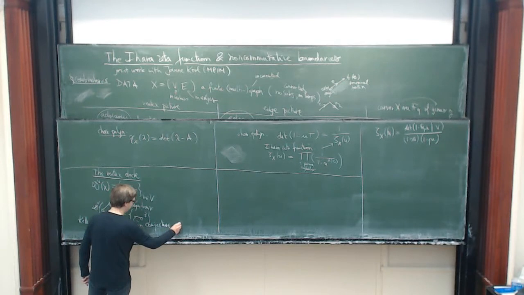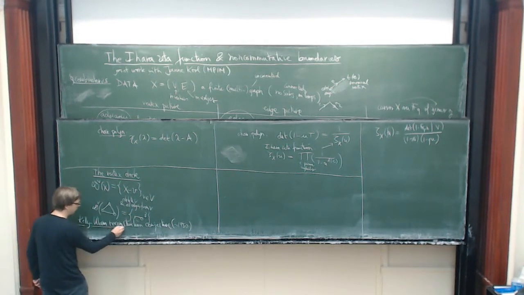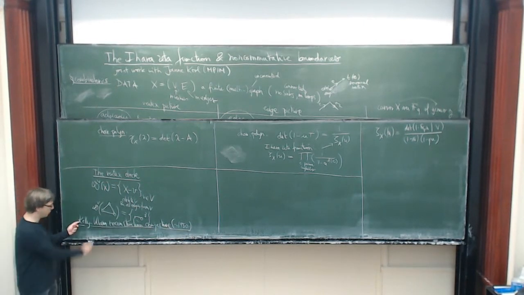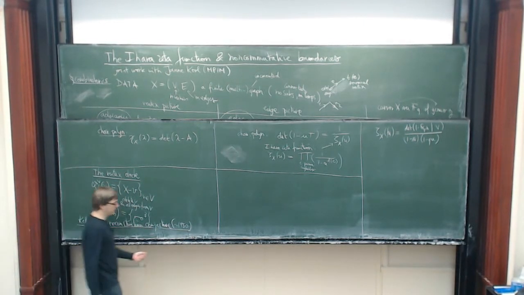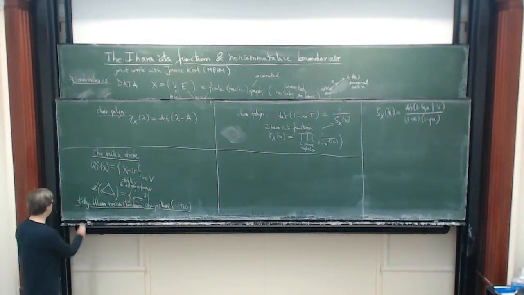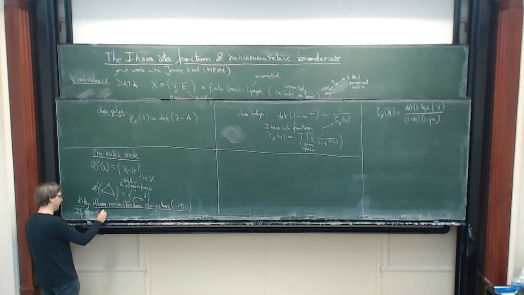It's from the 1950s. Actually, Ulam put it in a problem book. Kelly was one of his students that worked on the problem before he actually put it in a problem book somewhere. And it says that if the number of vertices, n, is larger than or equal to 3, then